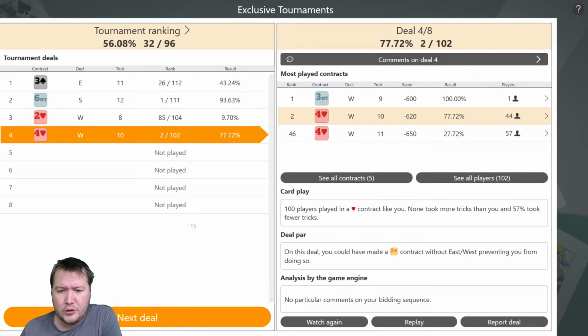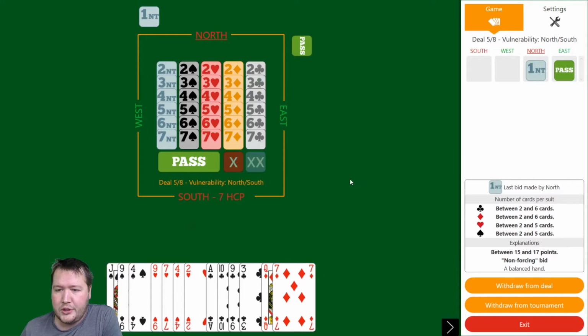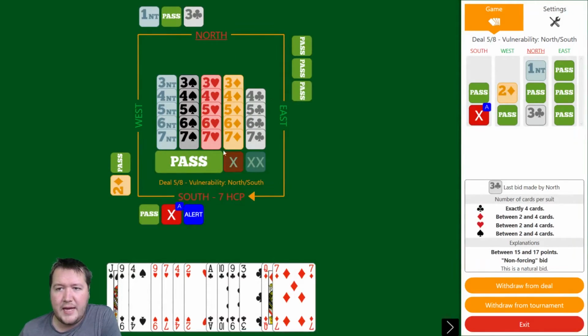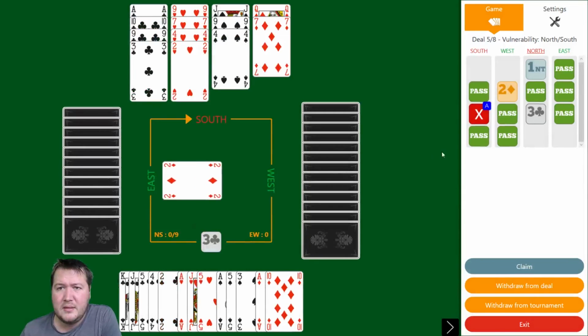Let's move on to board number 5. 1 no trump from my partner, and I have a flat 7 count, so I'll just pass. 2 diamonds, and I want to make a take-out double. And supposedly this says that I have 4 hearts and 4 spades, but with that hand I probably would have made a... well, I'd like to be able to with 4-4 in the majors. But here we are, we get to...